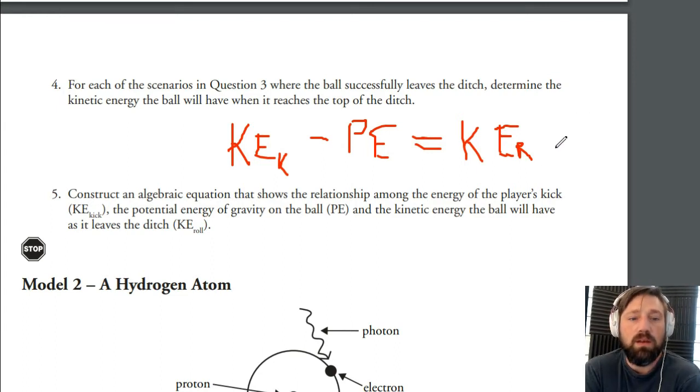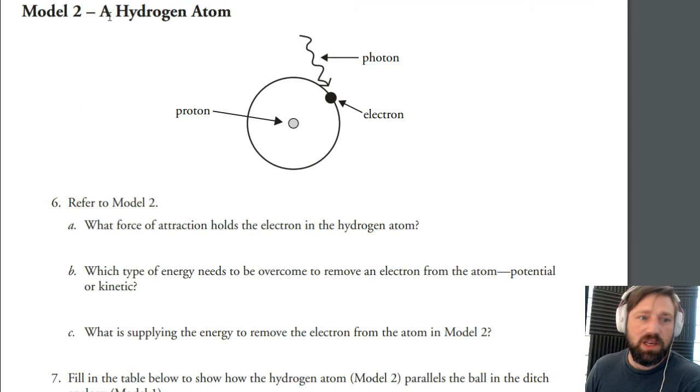That is going to be kind of what is going on in this scenario. This has nothing to do with chemistry. It is an analogy of photoelectron spectroscopy. So here we have a model of a hydrogen atom. There's a proton in the center that is positively charged, with an electron orbiting around in the first energy level